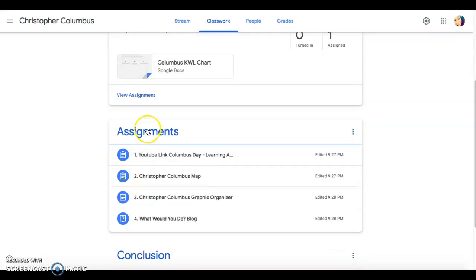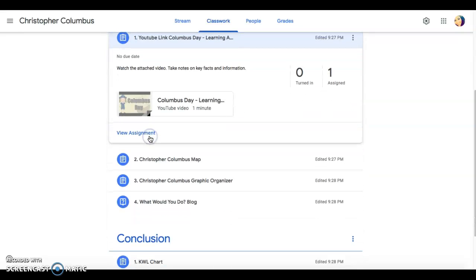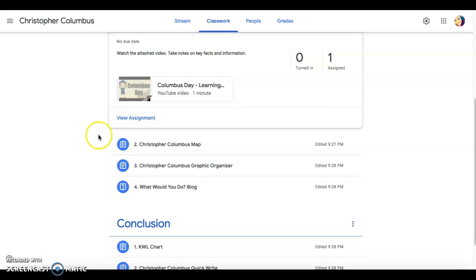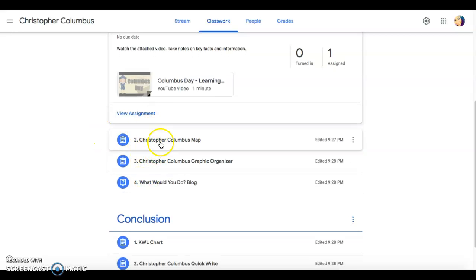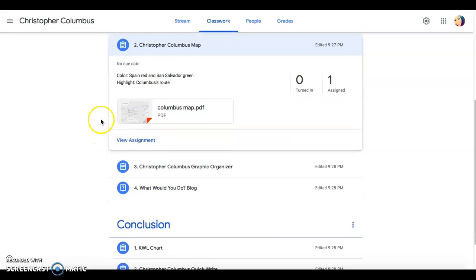The assignments. The first one is just a YouTube video to watch about Christopher Columbus, and it has facts and information about it, and I asked them to take notes on that. That will help them with the rest of the assignments. The Christopher Columbus map